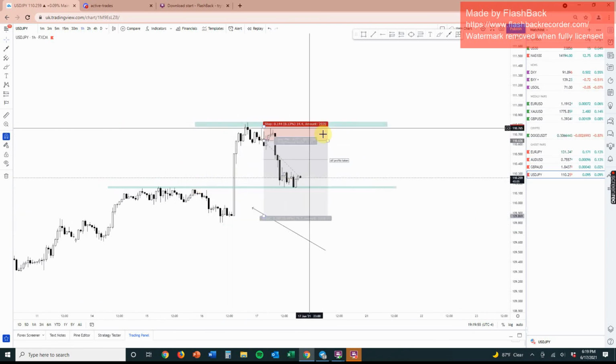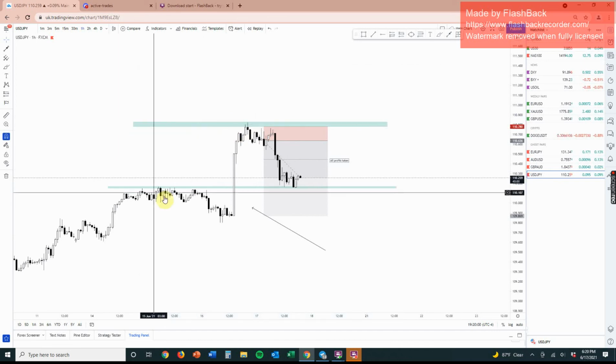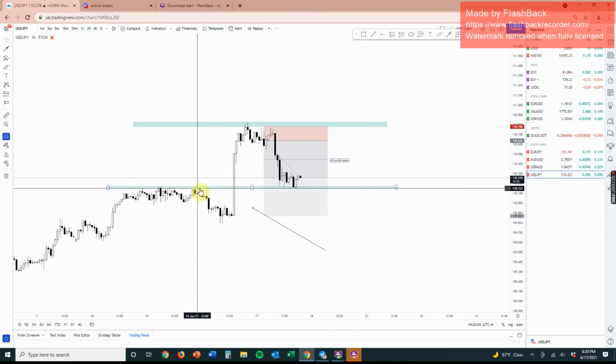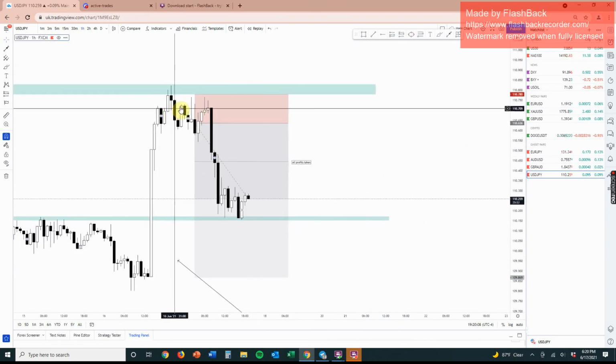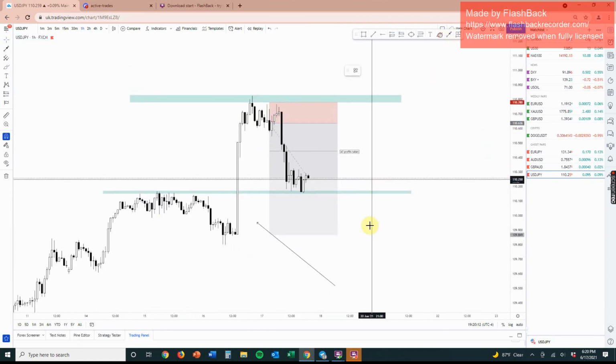So as soon as I saw this rejection level, I drew my new liquidity zones, which was in and throughout here. And then I have my liquidity zone down through here where price action has come down through multiple times. And I saw that price had started to range. So once I saw price ranging, I was like, okay, if we do have a huge spike up, again, the